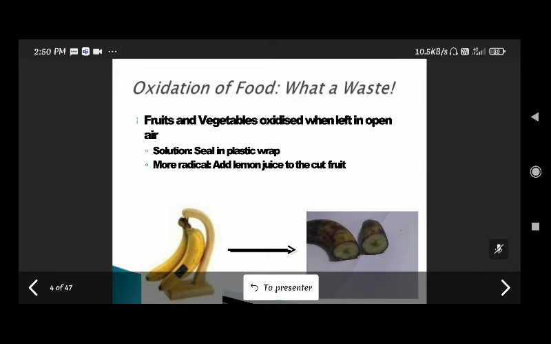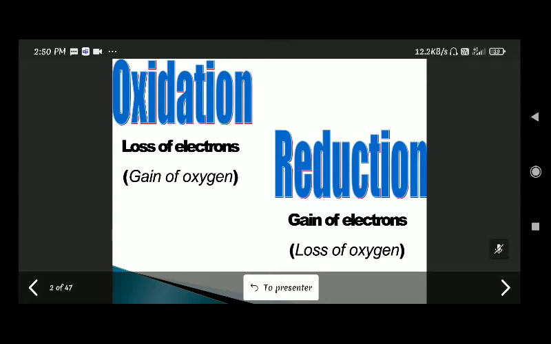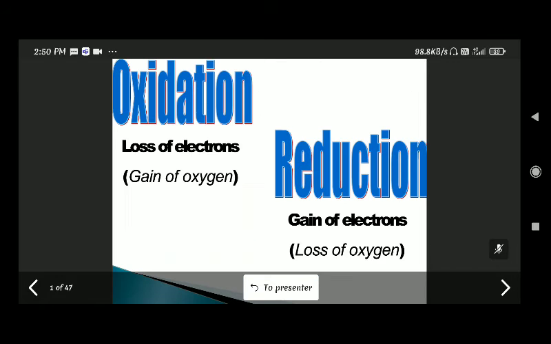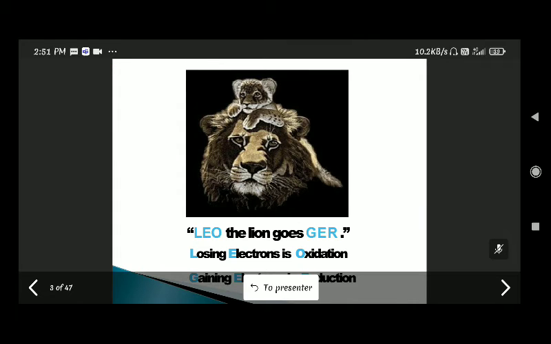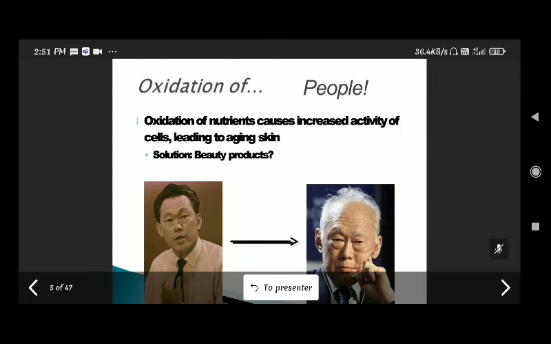Another point you have to keep in mind: if a sufficient quantity of dilute sulfuric acid is not present, you are using dilute sulfuric acid to acidify the medium in these titrations. If sufficient quantity is not there, you may get a brown colored solution during titration. If you do the titration fast also, this problem can happen, a brown precipitate or brown colored solution. This is due to the formation of MnO2, manganese dioxide.